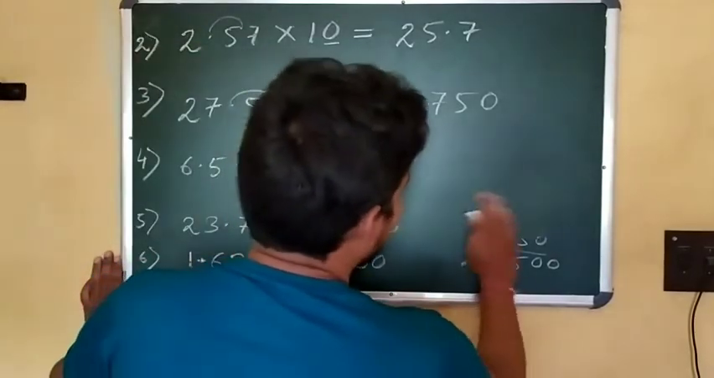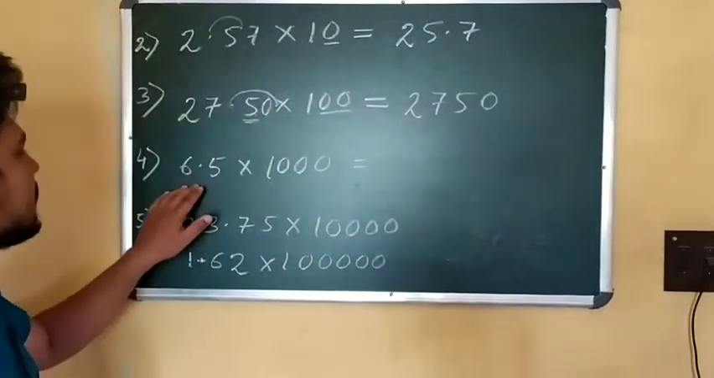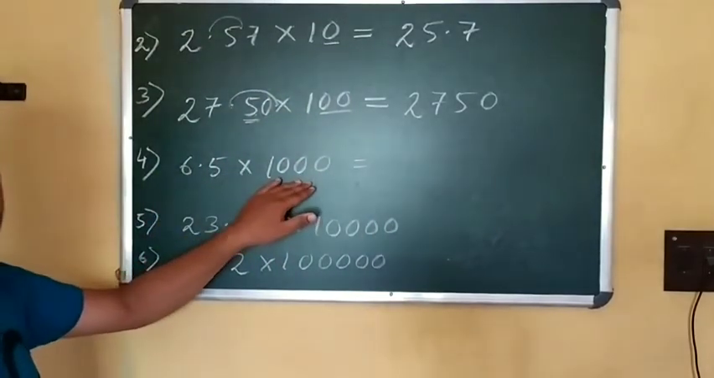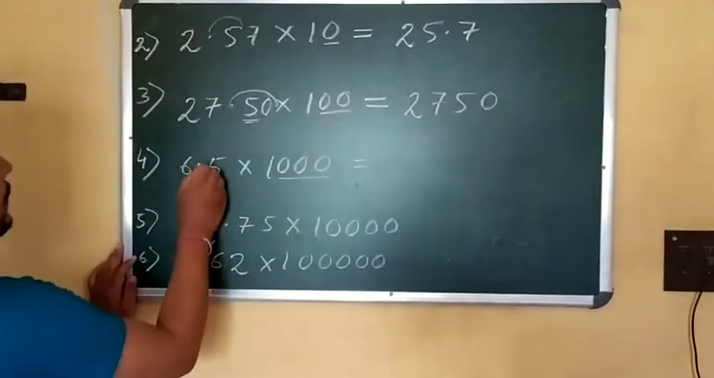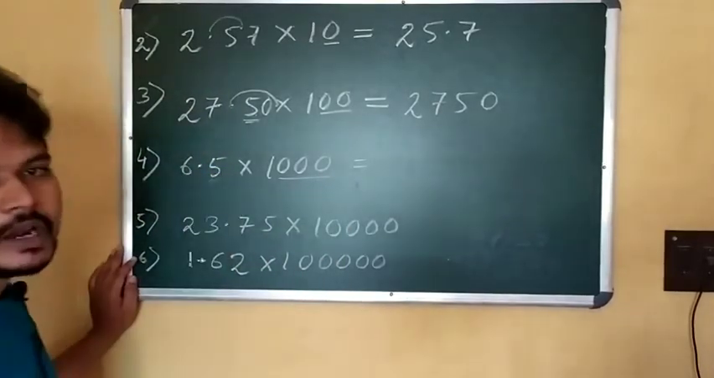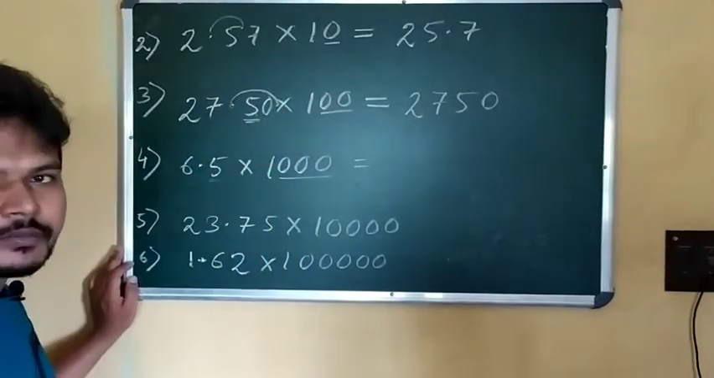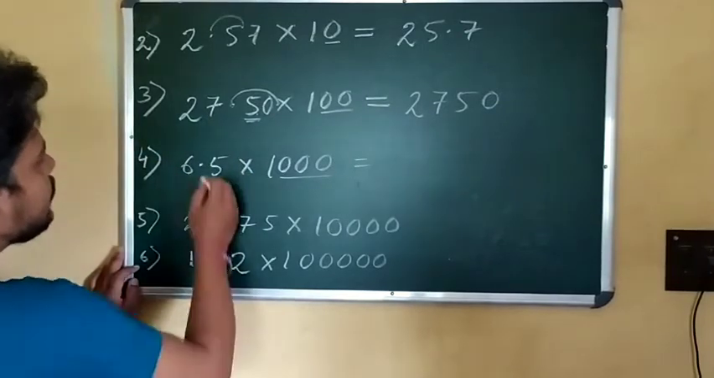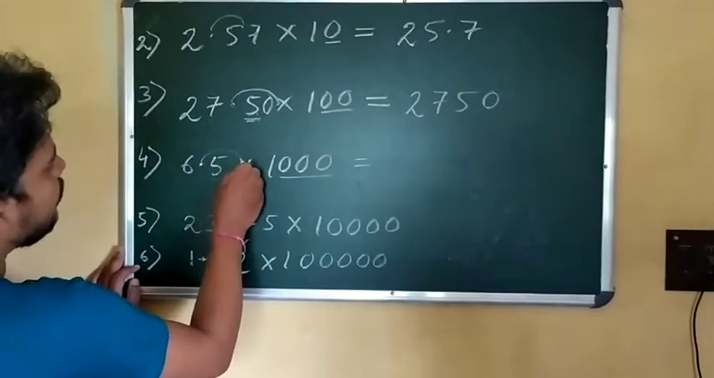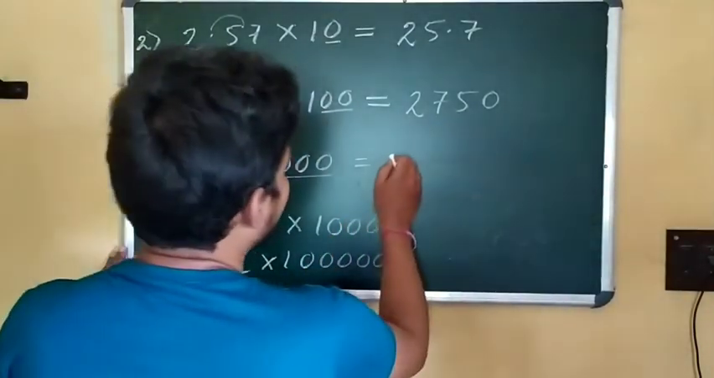Now you come to the next math. 6.5 multiplied by 1000. How many zeros are here? 3 zeros. But after the decimal point only one digit is placed. So what to do? You have to apply the same thing. You can write 2 zeros here. Otherwise you have to shift this decimal point 3 digits to the right. So you can write also